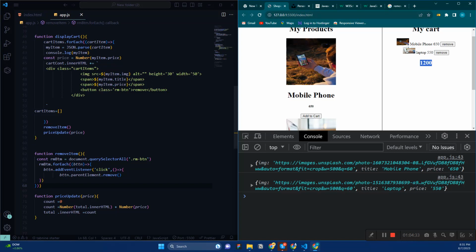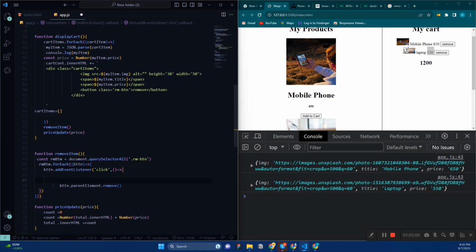What I want to do is send another price that is going to be a minus value of this. So what you need to do is, you can check that. Which item are you clicking here, right? We are getting the parent node, right? So we need this price also. So how can we do this? Before removing this thing,